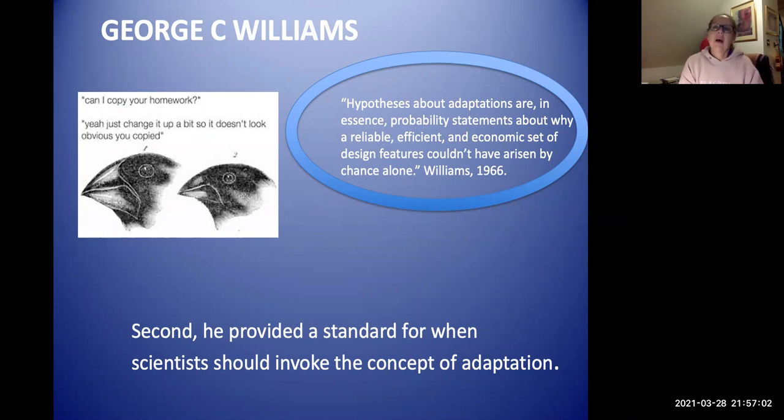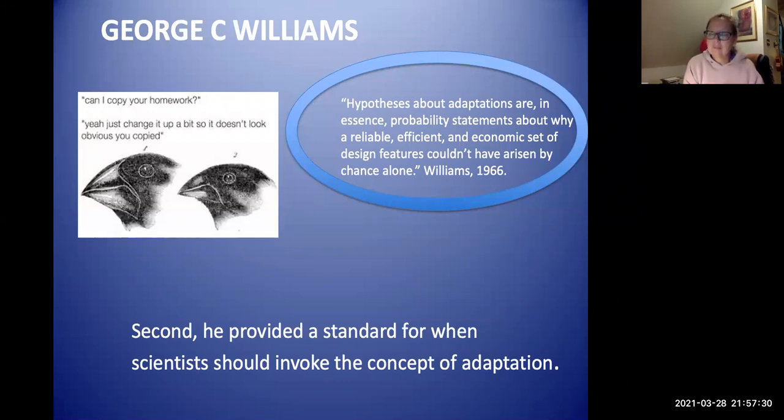Okay. So what he's trying to say here in this quotation is that if you're going to talk about natural selection causing an adaptation, you can't really prove it exactly neatly every single time. But what you're doing is you're putting forward a hypothesis. And your hypothesis is talking about